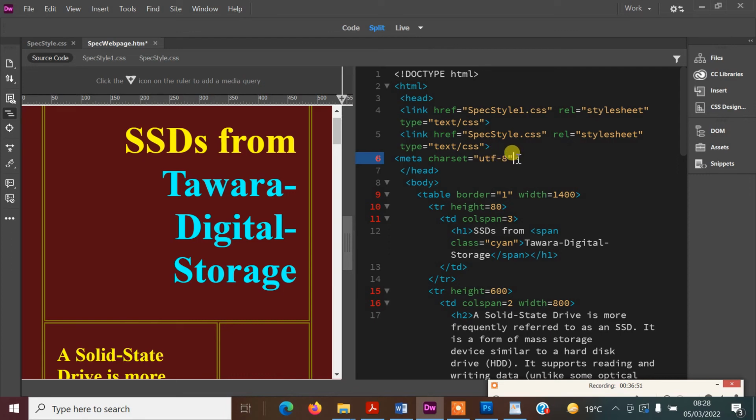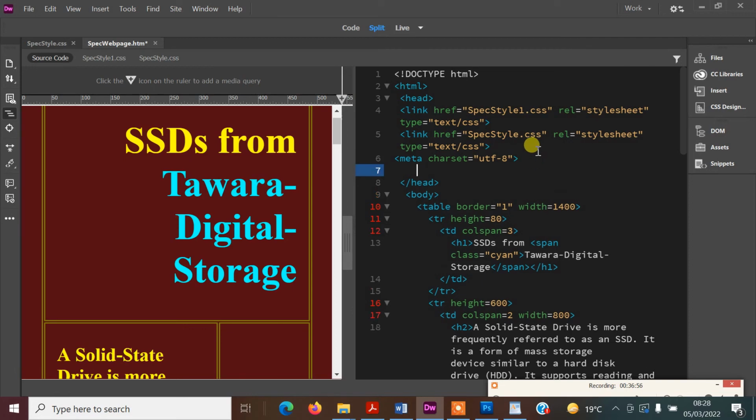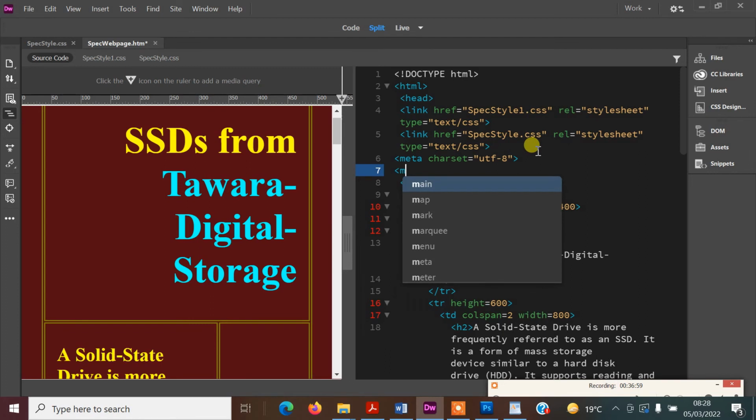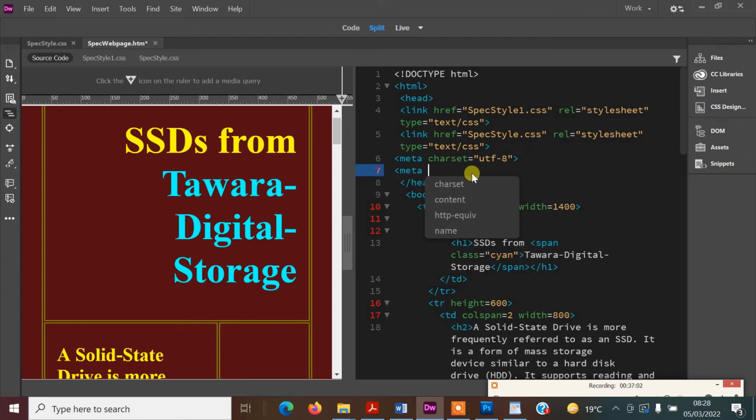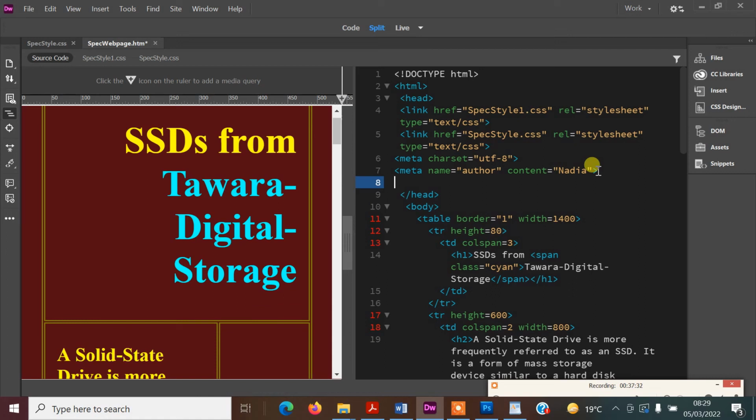So that's the first thing that we need, and then we need to put in another meta tag for the author, so the name. So we're going to declare a name called author. This is the metadata, and the content is going to be our name. I cannot put name because names are used words, so I'm going to put my actual name in here. You would put your full name in for this,